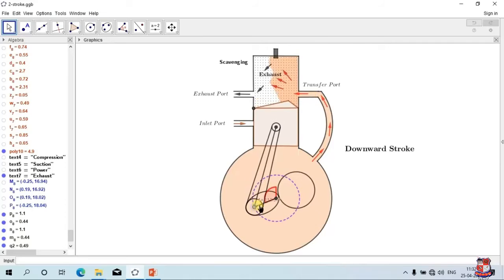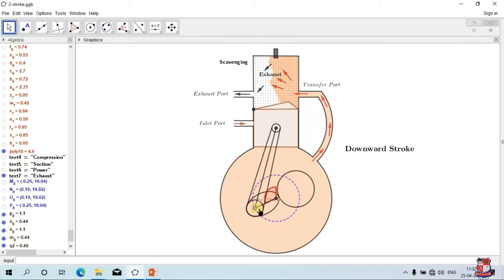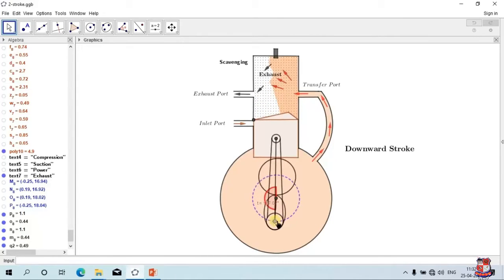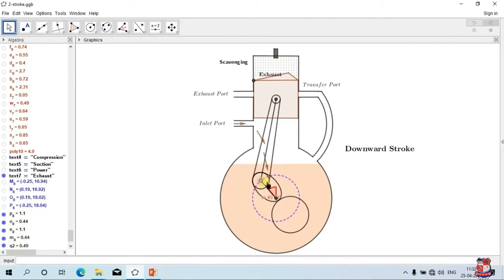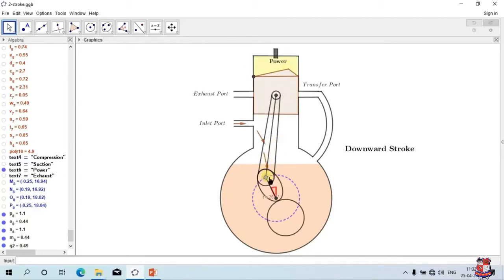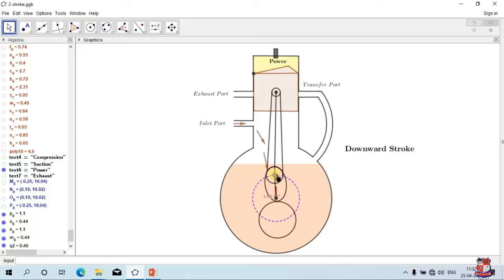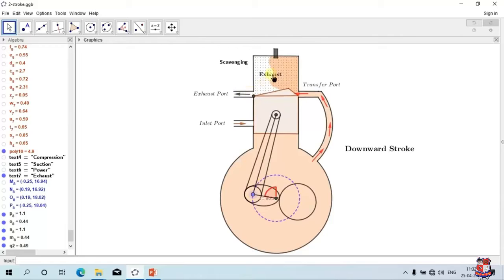Okay. Observe this thing. Okay. As piston moves downward, this charge present over here is pushed inside the cylinder through transfer port. So here again two processes are going on in one stroke, in downward stroke only. First, power. Okay. Observe this: first we are igniting the fuel with the help of spark. So power is generated or power stroke is going on, and as soon as it uncovers the exhaust port, the exhaust process will be going on.